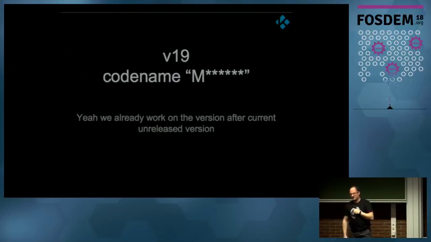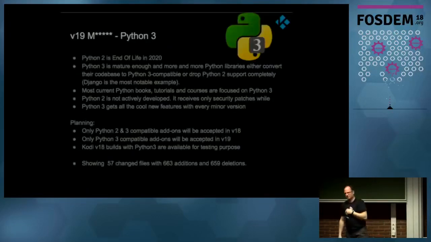Yes, we already started on 19. Because why? Well, there's one big reason. And this is Python. Python 2 will die out in 2020. All add-ons in Kodi, except for some binary add-ons, are written in Python. So we had a GSoC project again, and someone upgraded to Python 3. Our initial thought was, let's combine 2 and 3 in one release, but that's near impossible, and by the time we actually release it, it's 2020, probably, and so you have to drop it anyway.